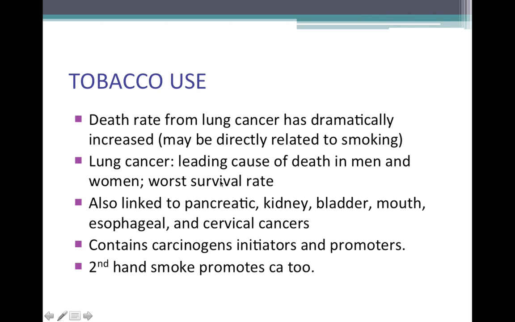The lungs are a very highly vascularized tissue, so that if cells in the lung do become cancerous, they can more easily spread to other organs and tissues of the body and cause problems all around the body. Now, tobacco use is not only linked with lung cancer, but it's also linked with pancreatic cancer, kidney cancer, bladder, mouth, esophageal, and cervical cancers. Because, although you're just inhaling these substances in tobacco, some of those substances do make it into your bloodstream and then get disseminated throughout your body and can have effects on tissues throughout your body.